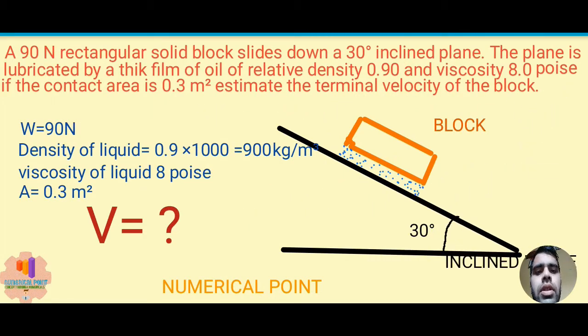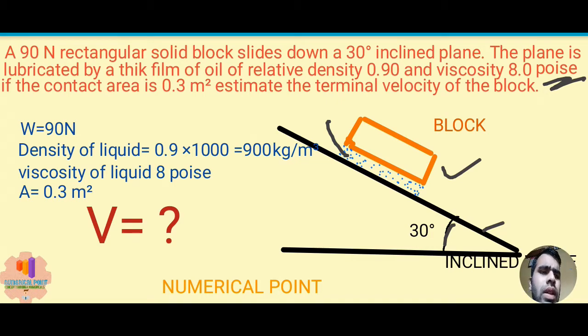So guys, this is our second question. The question reads like: a 90 Newton rectangular solid block slides down a 30-degree inclined plane. This is the inclined plane, and this angle is 30 degrees, and the plane is lubricated by a thick film of oil of relative density 0.90 and viscosity 8.0 poise. Just look at the units, the unit of viscosity is given as poise. If the contact area is 0.3 meter square,